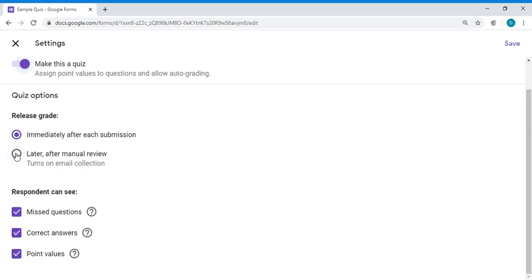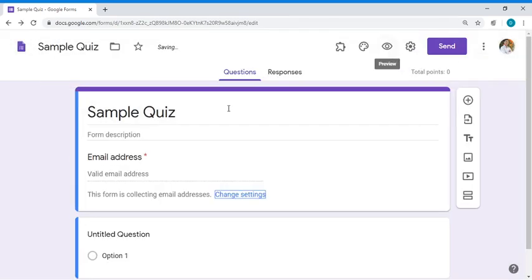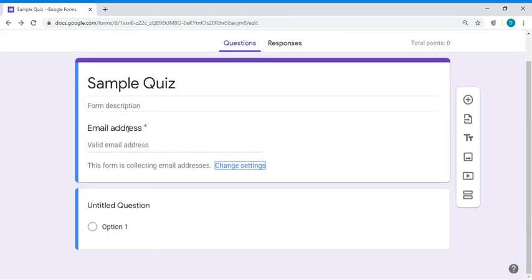So if I click on later after manual review, you can send the score manually after a single click to their respective emails. Here I'll uncheck these first two, that is missed question and correct question. Here I am done with this setting, so I'll save this.